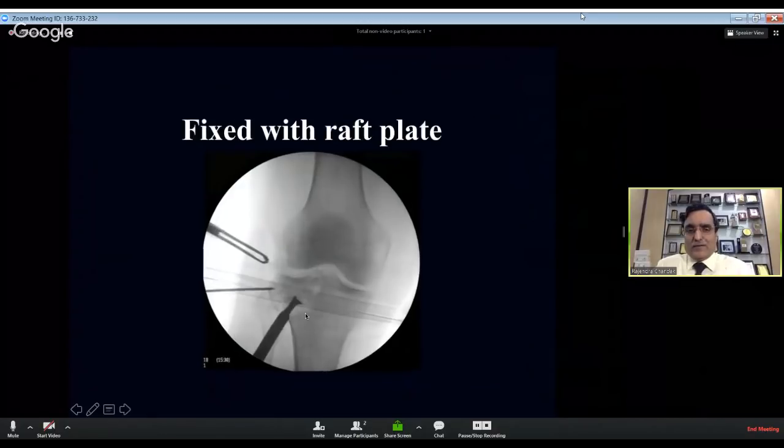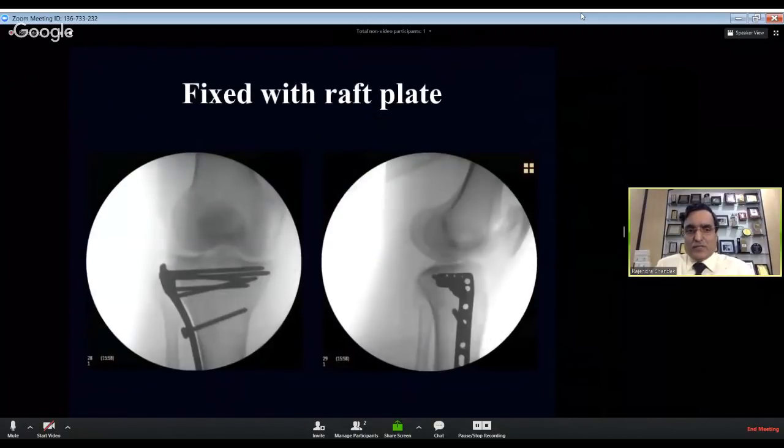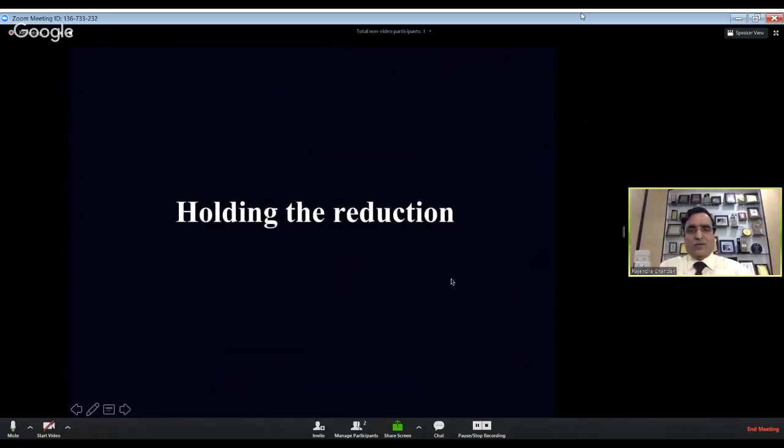And fixed with wrap plate, giving adequate function after reduction in the condylar width. This wrap plate provides fixation for the structure. Friends, after we have elevated the depressed fragment, the next task is holding the reduction till